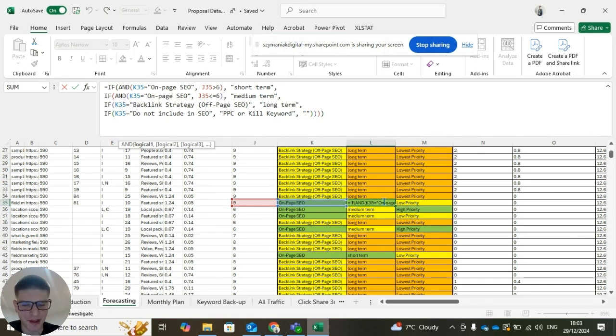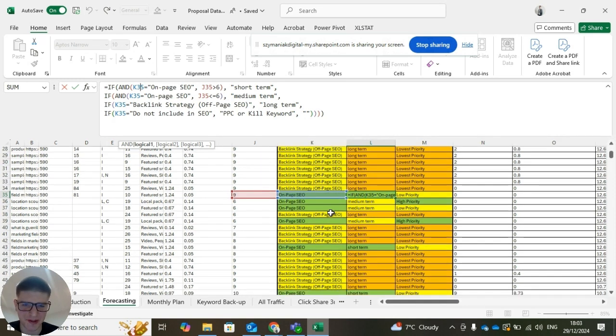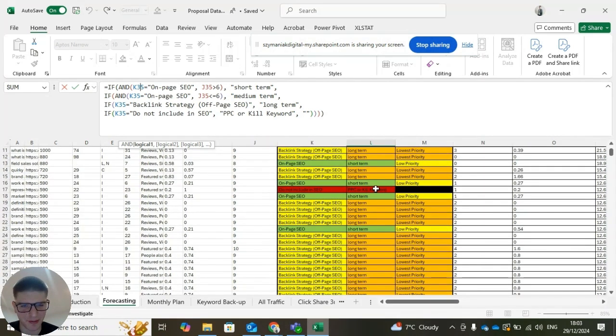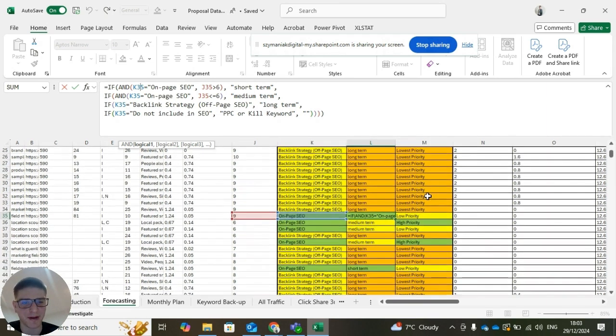So it usually involves digital PR campaigns with my subcontractors, and of course, the decision here would be if the keyword is either too difficult to rank and it's not profitable for the business, etc., we would put it into the bracket PPC or kill keywords. So essentially, I'm suggesting to the client that you might consider that keyword, but not with SEO in mind. Moving on,